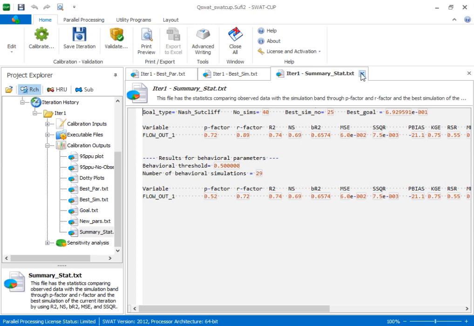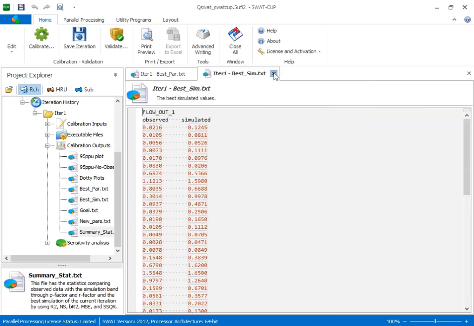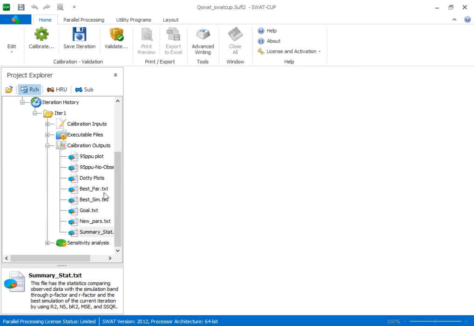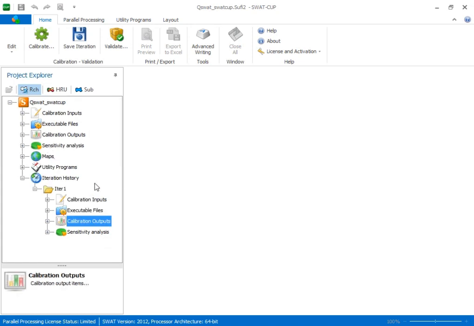But by incorporating those parameters, we have improved the Nash efficiency. And further, you can do additional calibrations in order to improve your model. Yes, so we can do in such a way, and you can see which parameter is most sensitive,